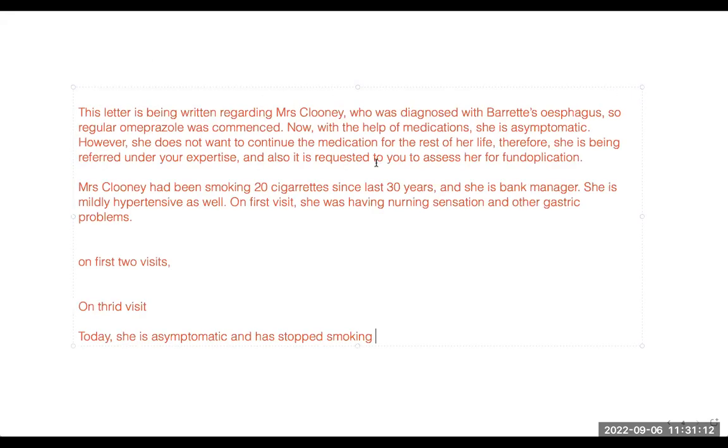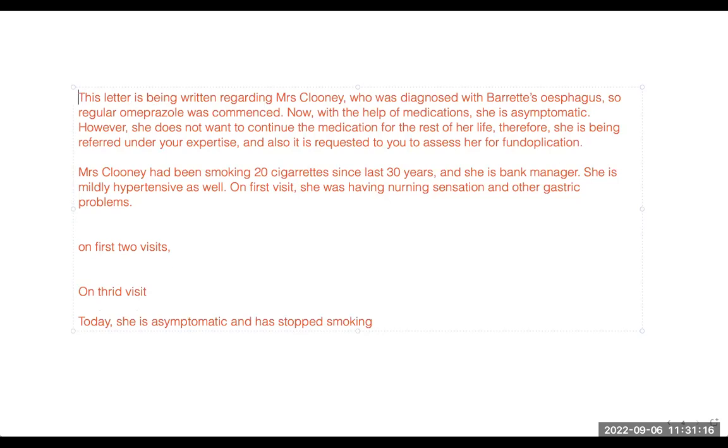Again, this is the only hard work we are doing. Then in the OET letters, we will not have to do the hard work again. This is the first class and I just want to make it very simple. So she was having burning sensation and difficulty in swallowing food or other gastric problems. At that time, on the first visit, she was assessed with, she was suspected with